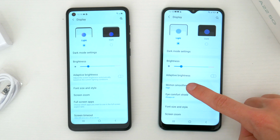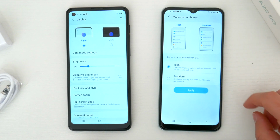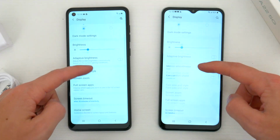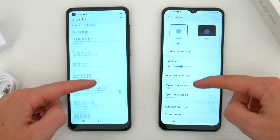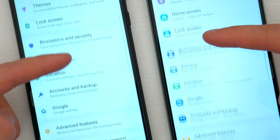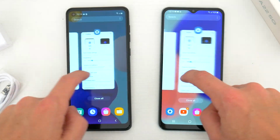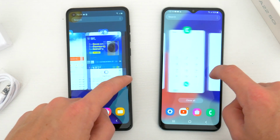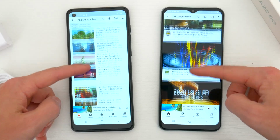the A22 5G also offers a 90Hz refresh rate mode now, called motion smoothing in settings, and this means the phone feels faster and more responsive with every tap, touch, and swipe. It might not be so obvious on camera here, but when you are flipping through the phone or scrolling through your apps, a high refresh rate display does make a difference. The A22 5G feels quick and snappy, super responsive, and that I think really adds something to the overall user